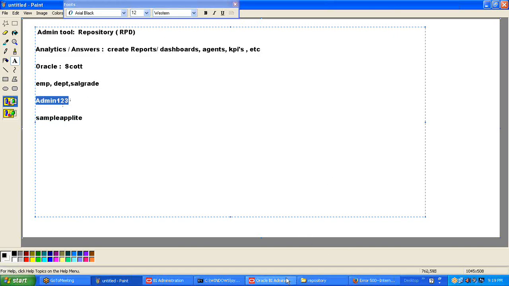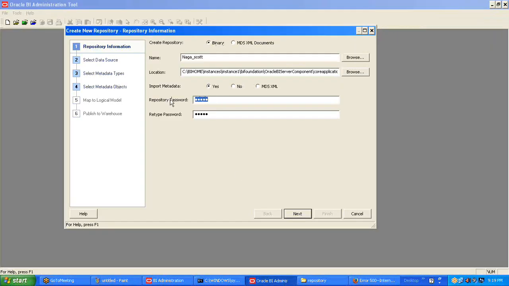So let me provide the repository password, capital ADMIN123, and confirm the password admin123. Now import metadata is selected as yes. So now if I click on next,